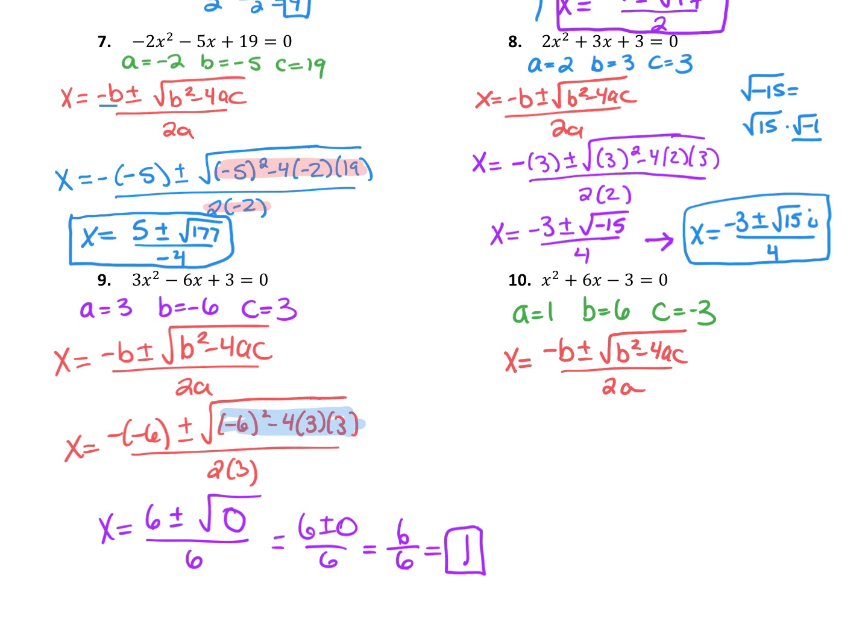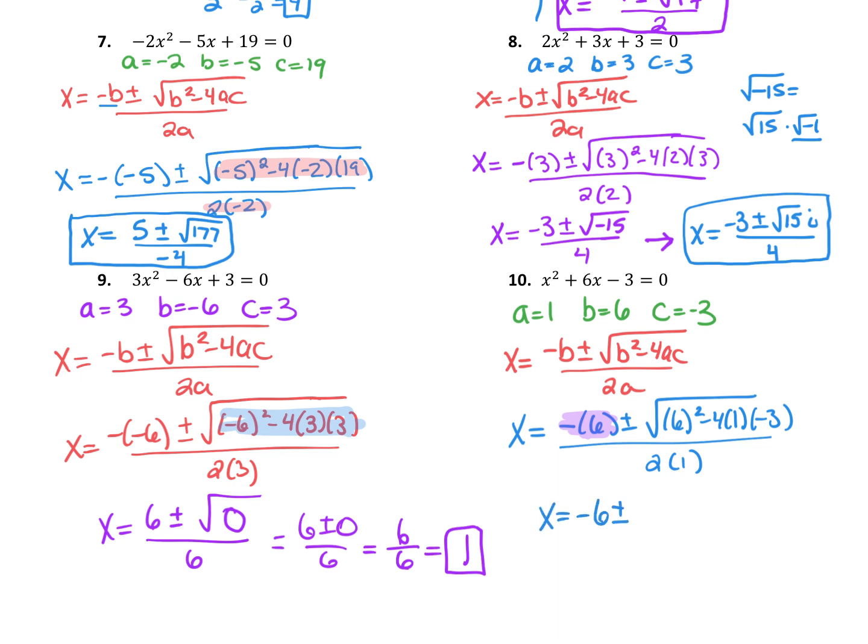So x is going to equal negative 6 plus or minus the square root of 6 squared minus 4 times 1 times negative 3 all over 2 times 1. So this negative parentheses 6 will become negative 6. This part underneath the radical will become 48